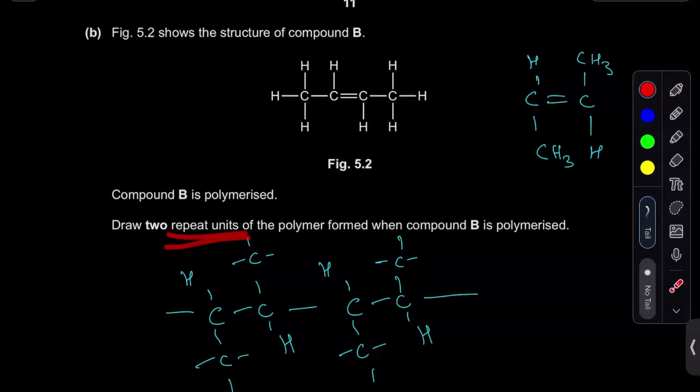So repeat unit हमने बना दी। हमने structure of polymer नहीं बनाना था, हमने सिर्फ repeat unit बनाने थे। लेकिन let's suppose there is a student who writes this, they will get the marks. कोई गलती नहीं है।